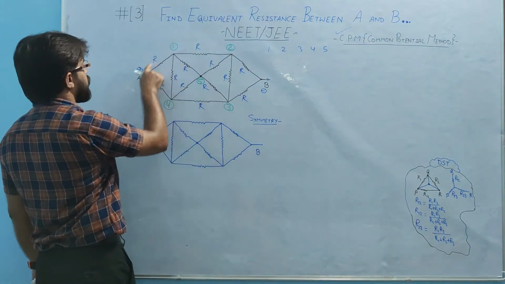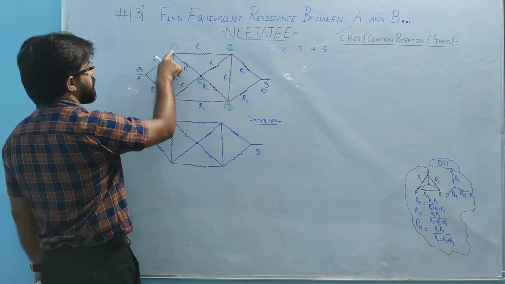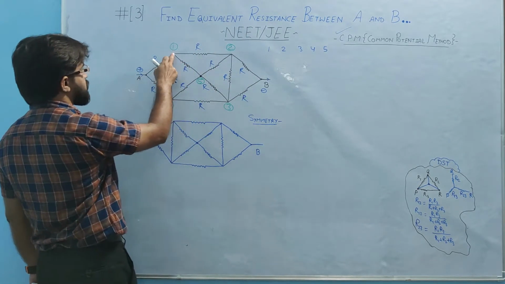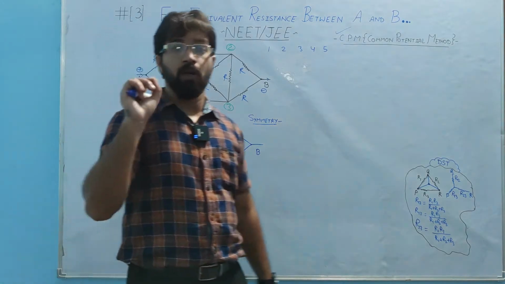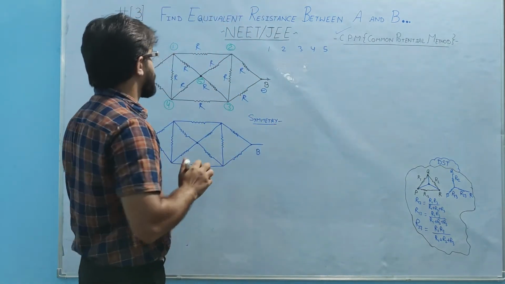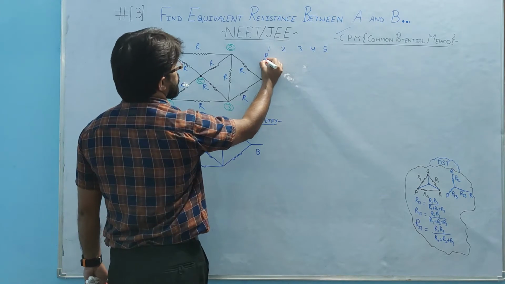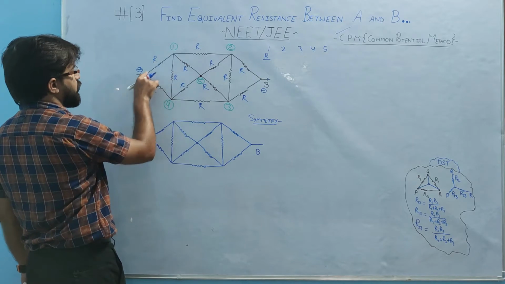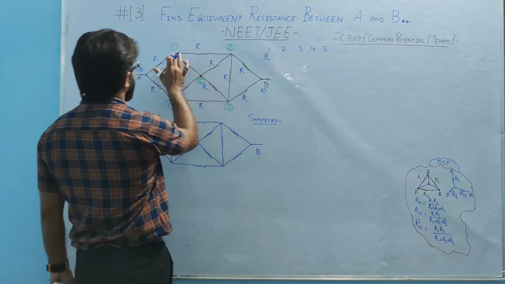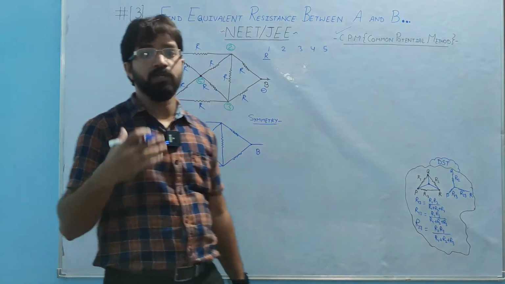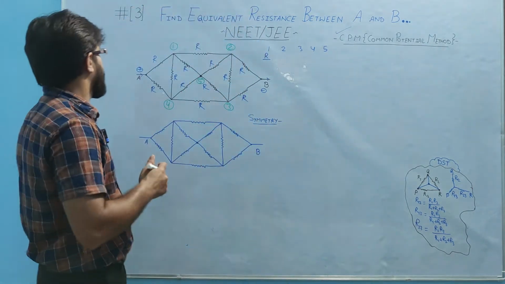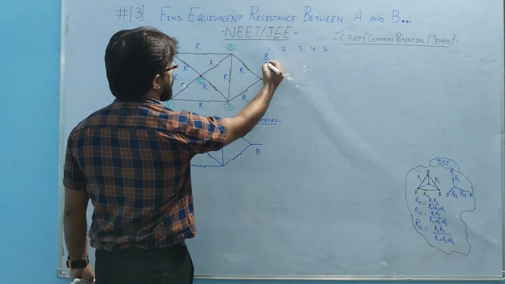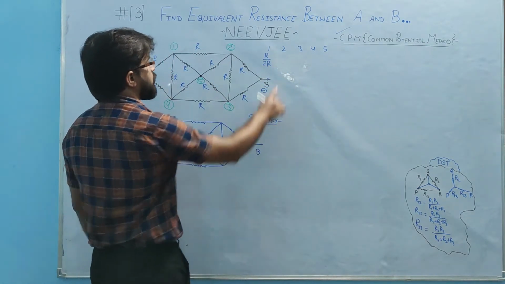From 1, one path goes to positive terminal A, and one goes to B, in terms of resistance. We choose the lowest path in terms of resistance, with the numerator being the positive terminal we move towards. Between 1 and A there is one resistor; no other way is possible. From 1 to B, there are 2 resistors. Now I am applying point 2.